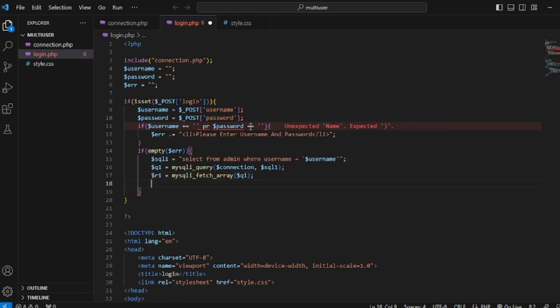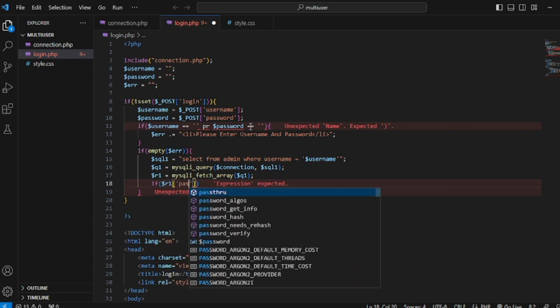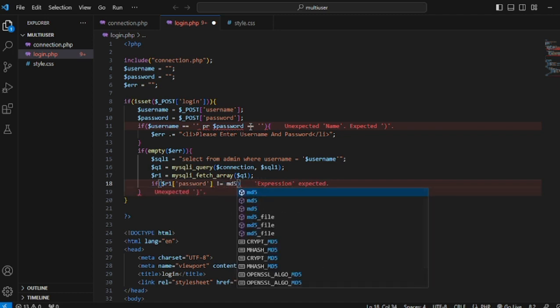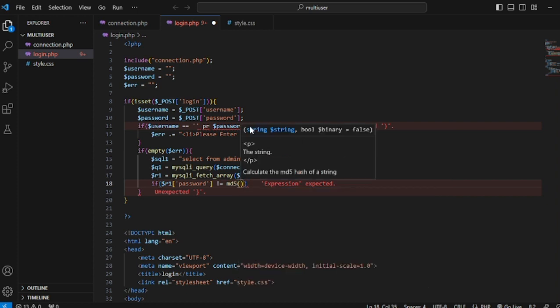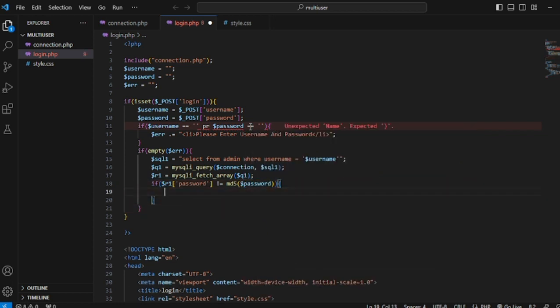and then we're gonna make if $r1 is the password exclamation point equal md5 password $password like this, and then it will run $err dot equal with li, and it will come, account login form like this,